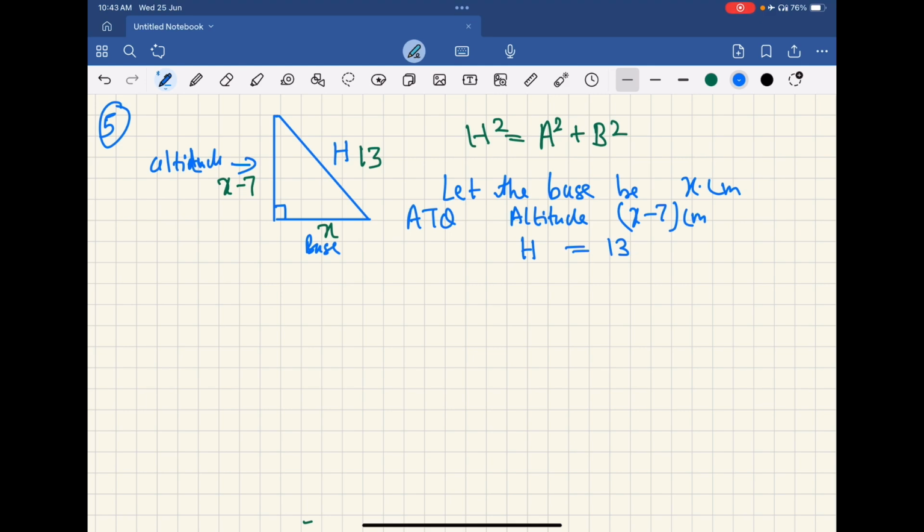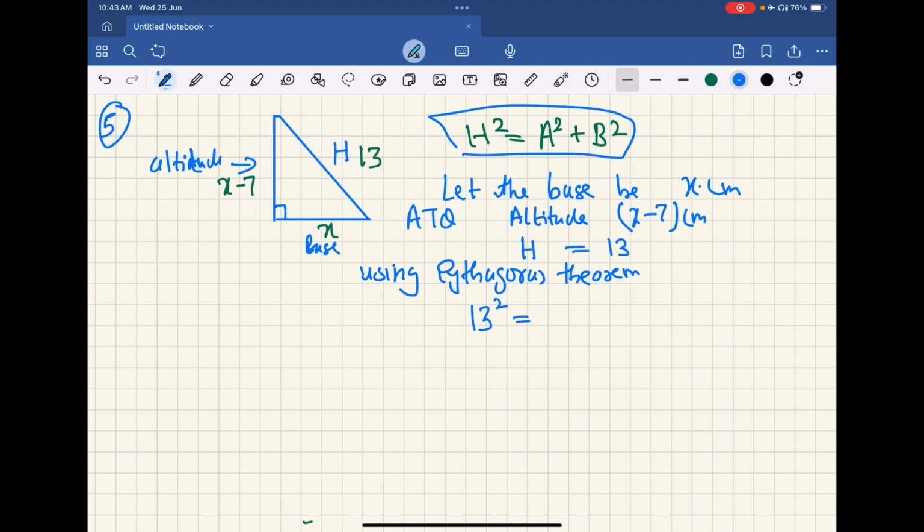So we will say using Pythagoras theorem, you have to write this. I am directly copying because hypotenuse is 13, so 13 square equals x minus 7 whole square